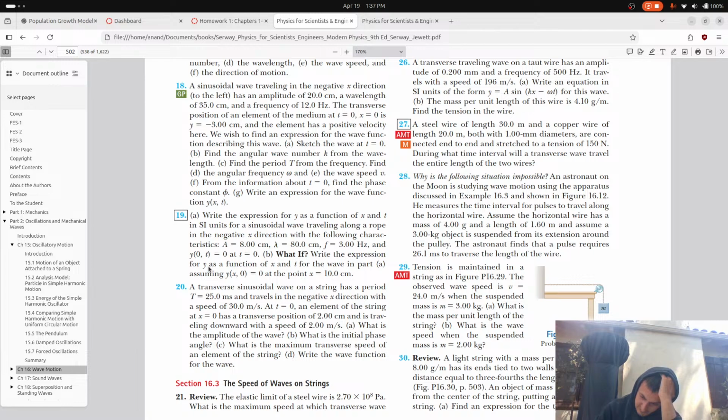So omega equals 2 pi over T, and k is equal to 2 pi over wavelength. So k is equal to 2 pi over 0.8, and omega is equal to